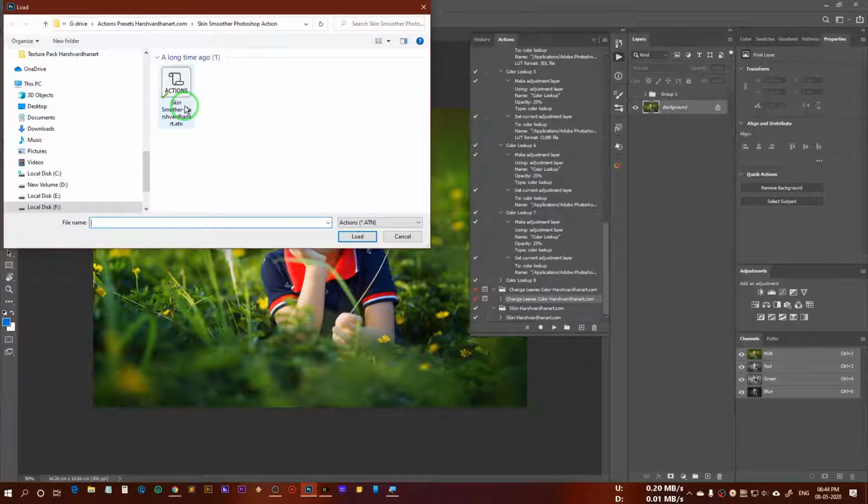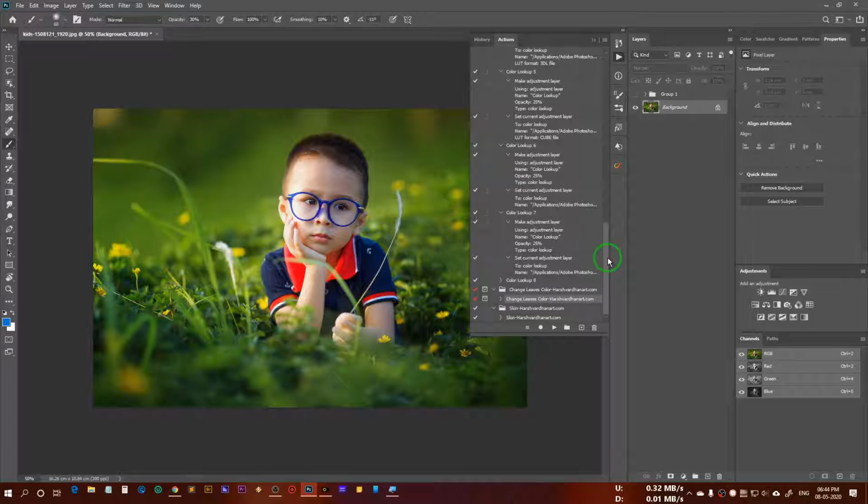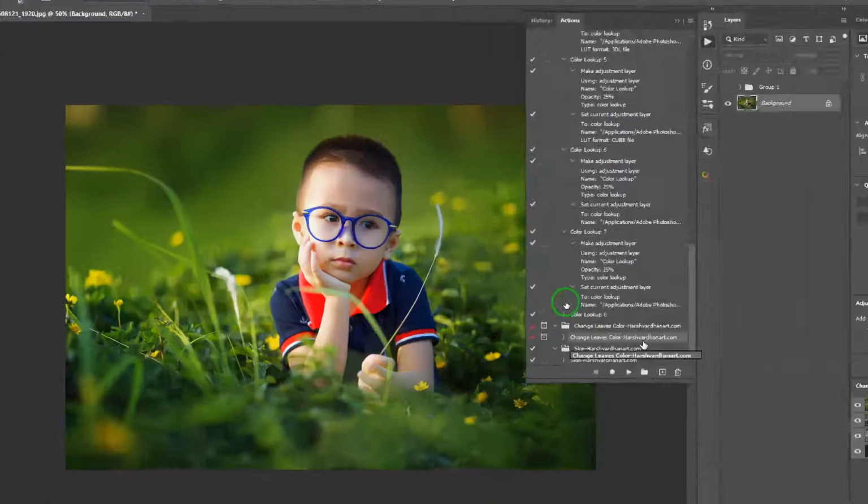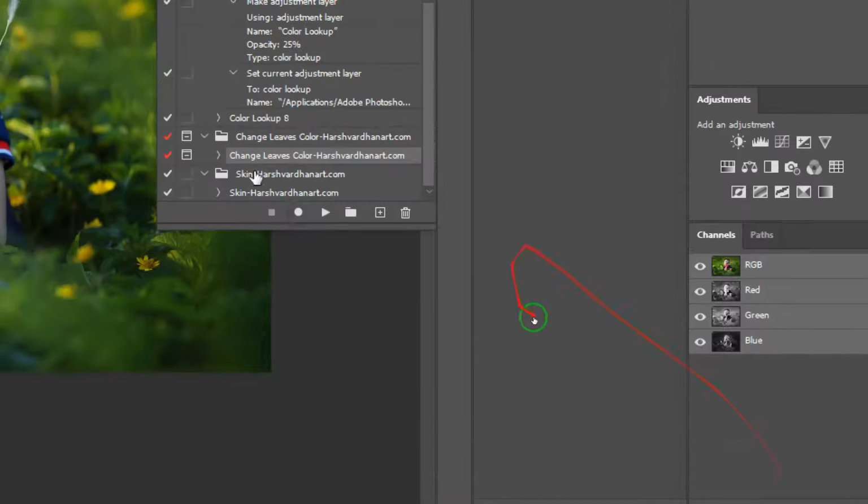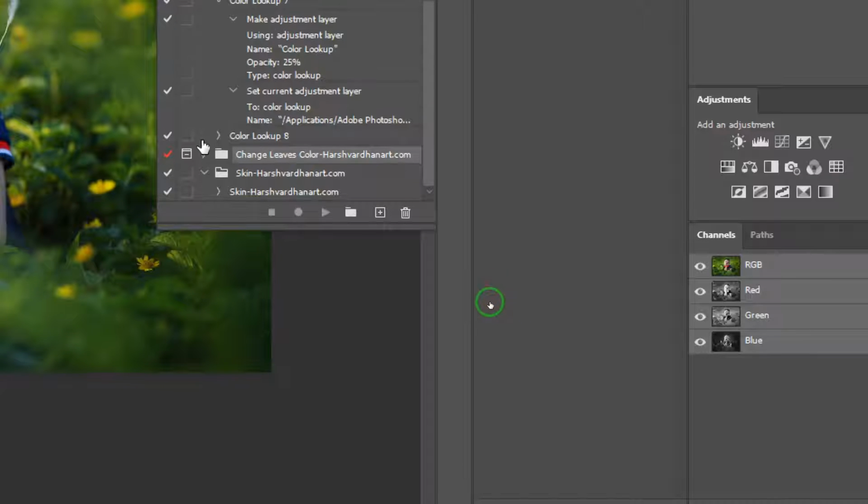So you have to browse the downloaded folder or wherever you have downloaded that action, and then select the load, and that way this action would be available over here. The name of this action is change leaves color harshvardhanart.com. So thereafter you have to open this folder and select this action. This is the action, and then you need to click on the play button.